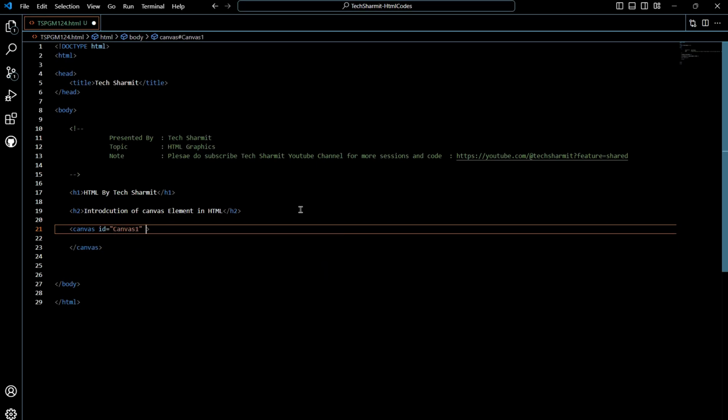After that, you have to set the width and height. So let's say I want to set my width as 600 pixels. So I can pass it like this. Then we have height, where we will pass it as 300 pixels, and save it. After saving,